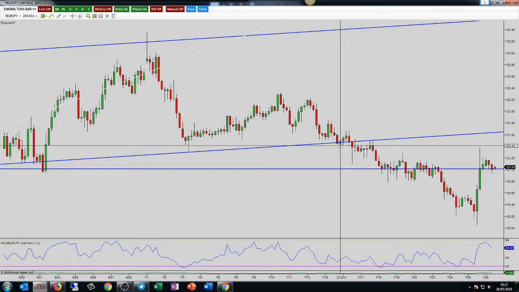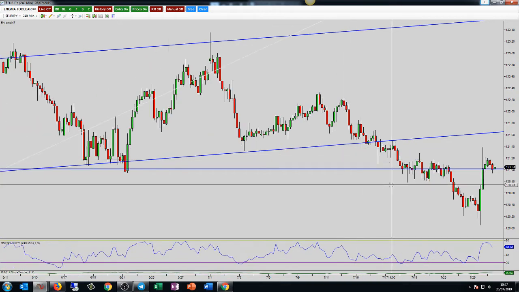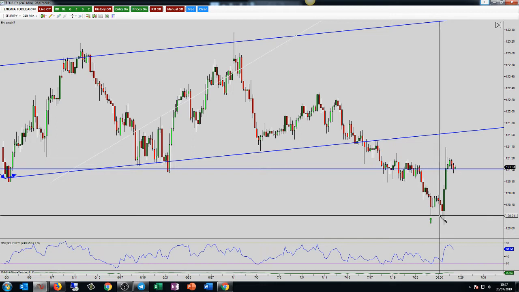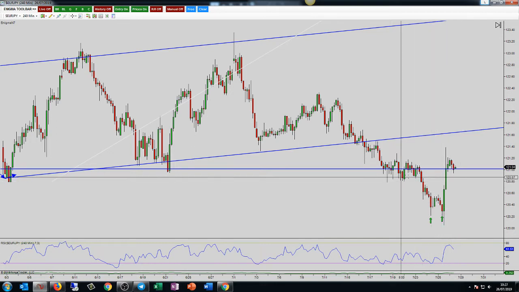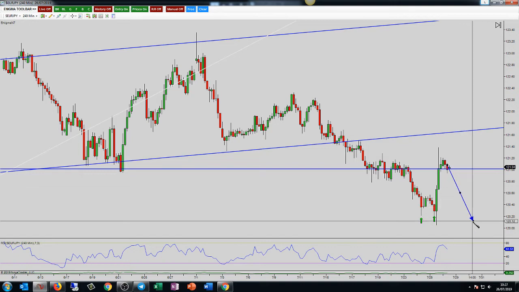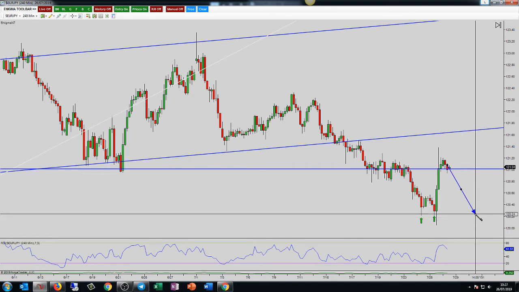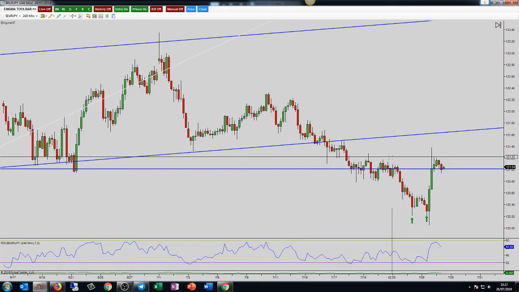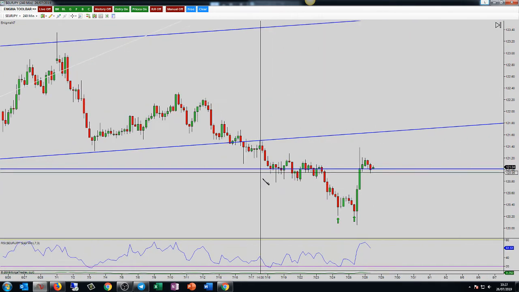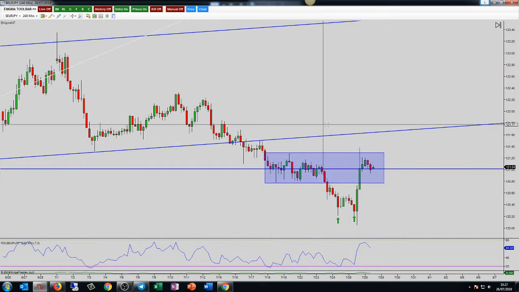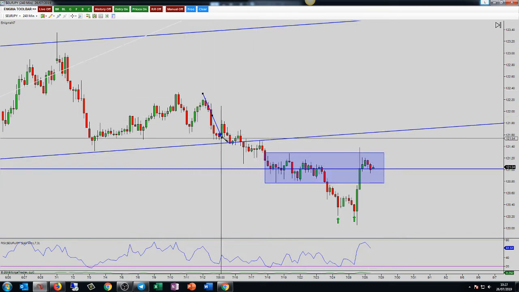So here on the euro yen on the 240, well, we double bottomed here, or retested, which concerns me. So playing for a continuation aggressively now would be a concern here. What we have done though is we've come up into this structure level. So this is the first structure level.